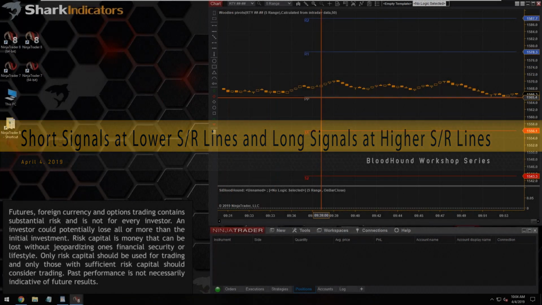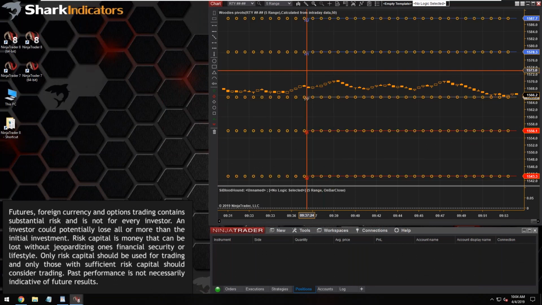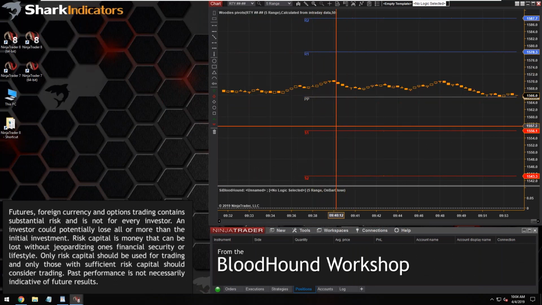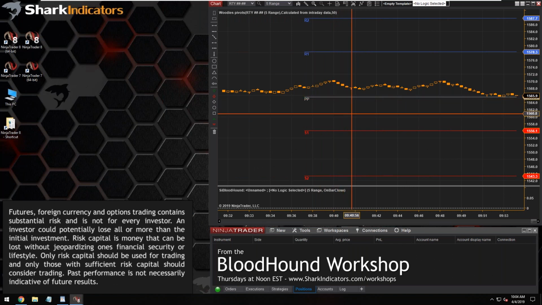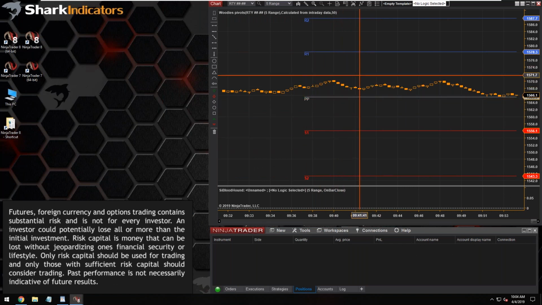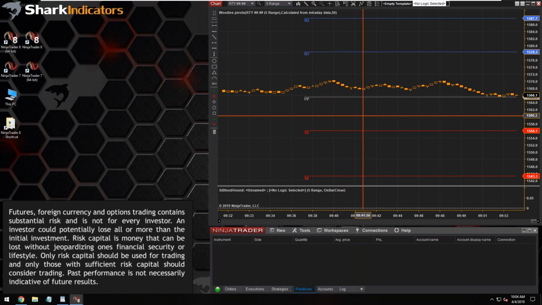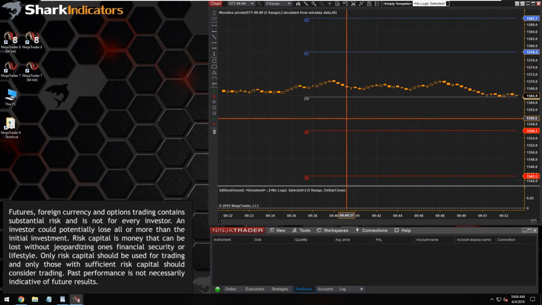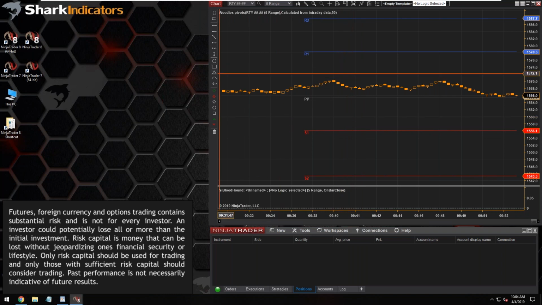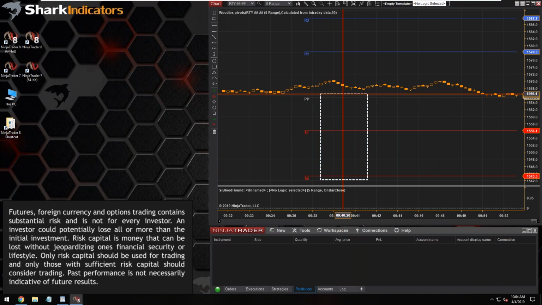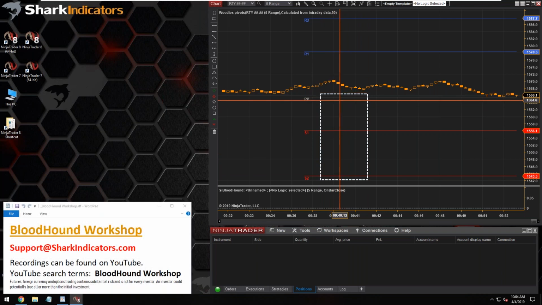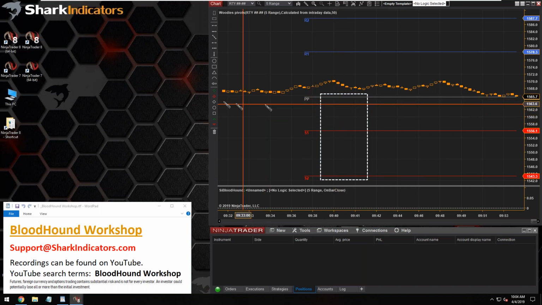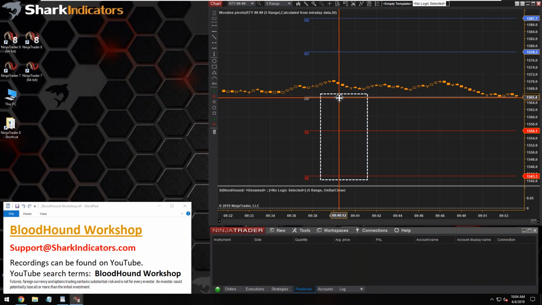How to use the support resistance solver with a pivots type of indicator, an indicator that provides a number of support resistance levels. I'm just using the Woody's pivots here as a substitute for this indicator. The question is that if price comes near the lower 3 support resistance levels, then he wants to generate short only signals, when price is within the vicinity of the support